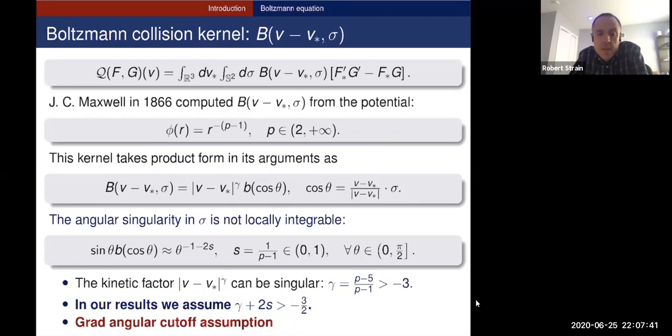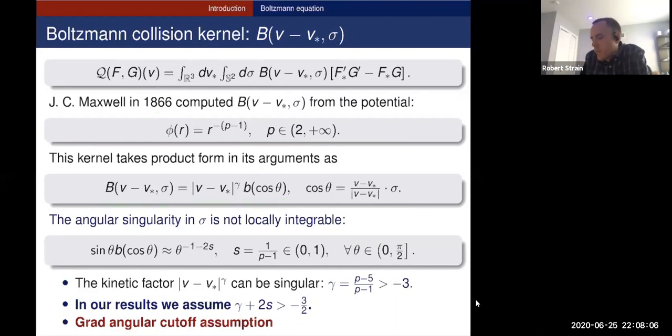He calculated this in his famous treatise in 1866, and he actually did this calculation. And this calculation is actually found in just about every graduate statistical physics book, even today. And you can calculate that B takes the form of |V - V*|^γ times lowercase b